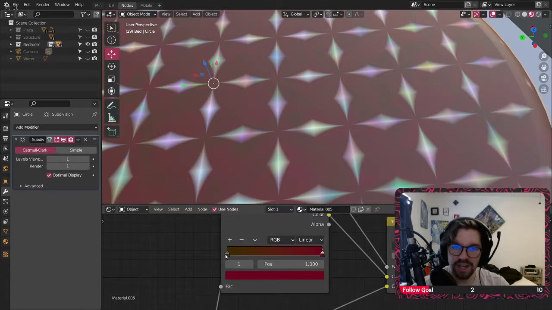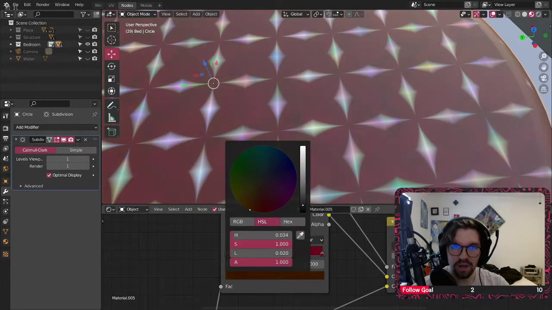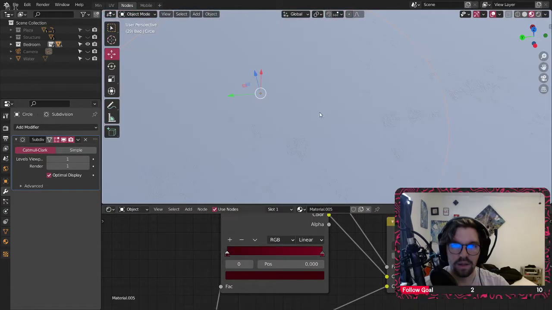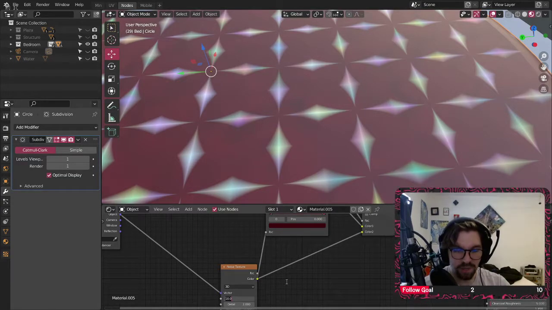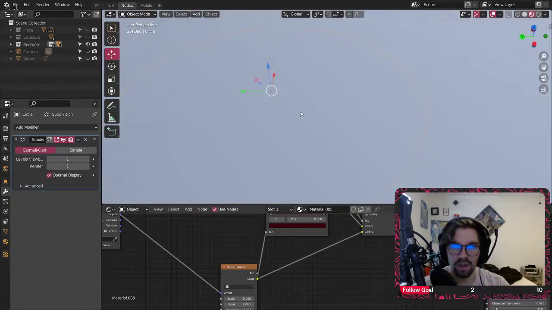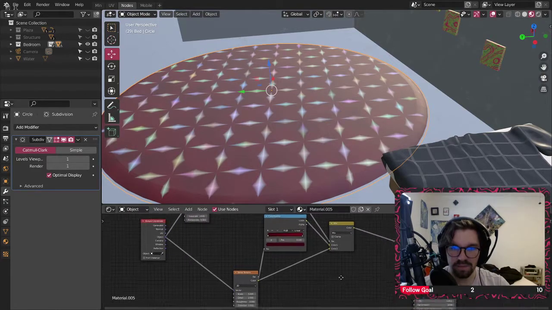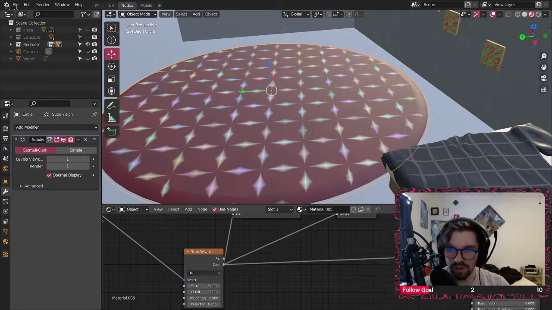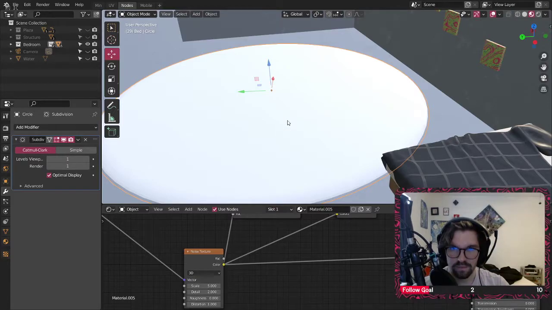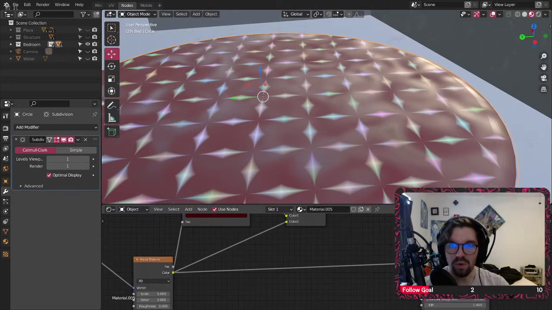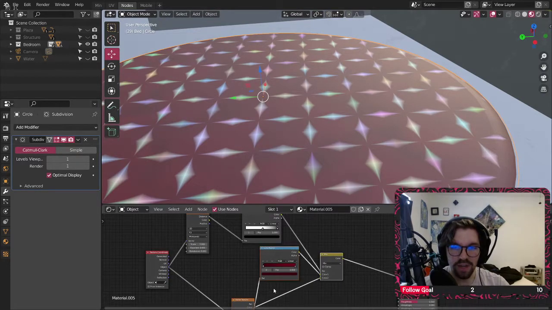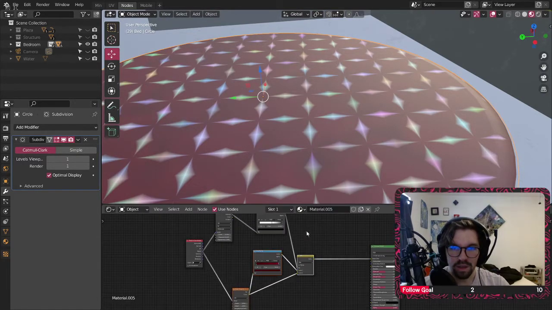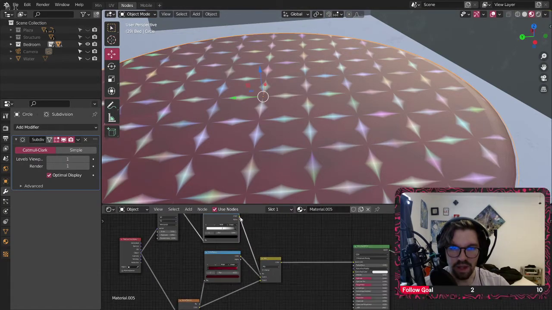This is going to kind of take away from the gold, I think, but I think that's got to do. I don't think I can come up with anything better than this for the time being. So we're going to go back to 5. And now let's add some roughness to it. To the best of my understanding, oh, we want the Voronoi, not the noise. My bad. The Voronoi is going to be our